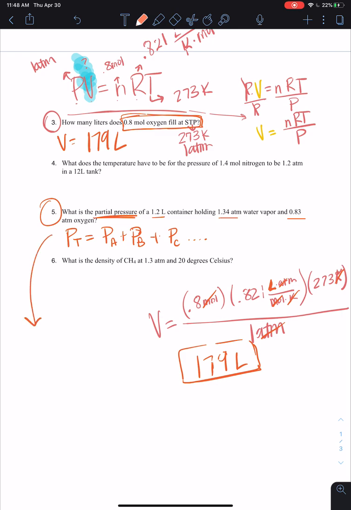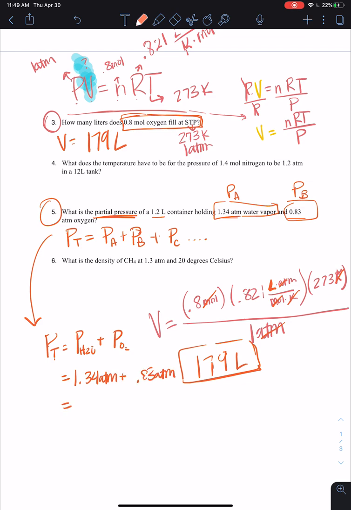Really, all we do right here is, I'm given pressure A and pressure B, so all you really have to do is just add them up to get the total. So you have P of your water vapor and P of your oxygen, and you're just going to add them up. 1.34 ATM plus 0.83 ATM. Add them together and you get, what,